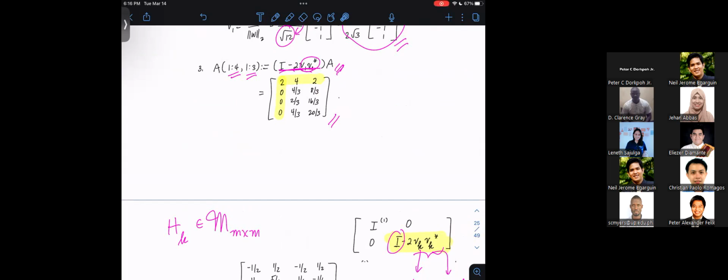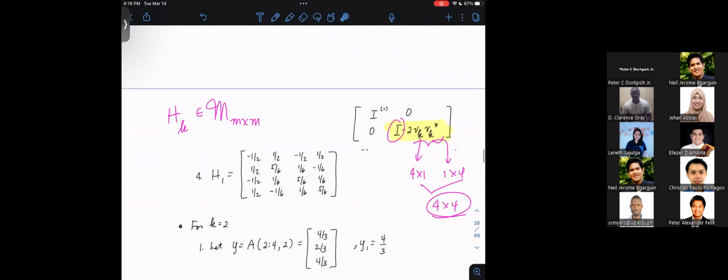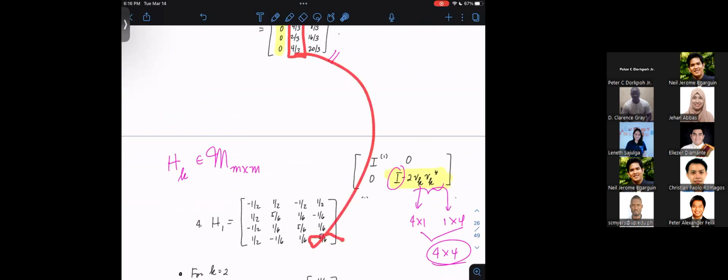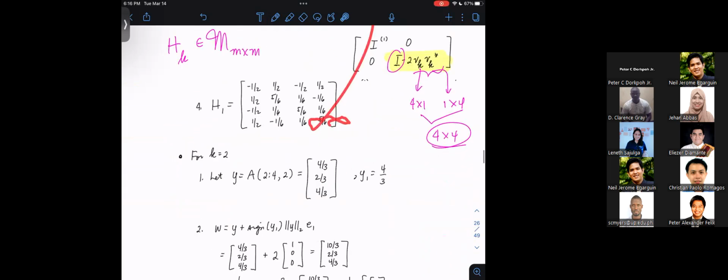Second to the fourth row, second column. So that's gonna be this vector, right? So that's gonna be my Y in the second iteration. So that's gonna be my Y now. And now it's smaller. It's just a 3 by 1 matrix as we expected, right? First entry, 4/3 gonna be my Y sub 1. But actually all that matters would be the sign of Y sub 1, right? It's either